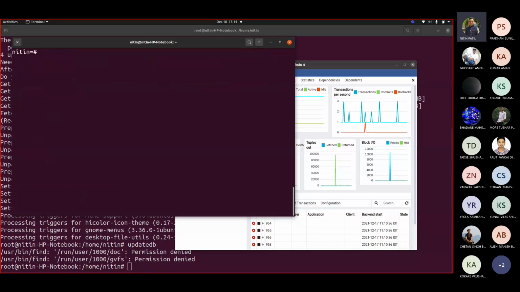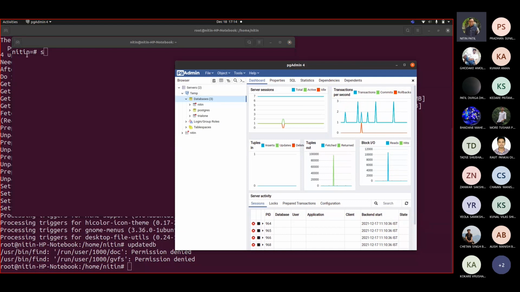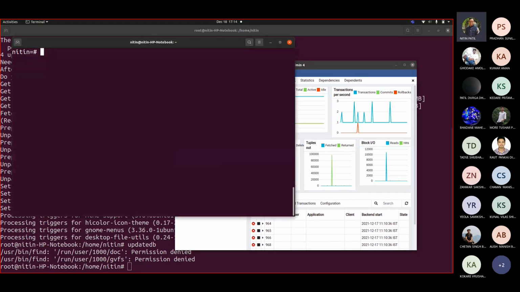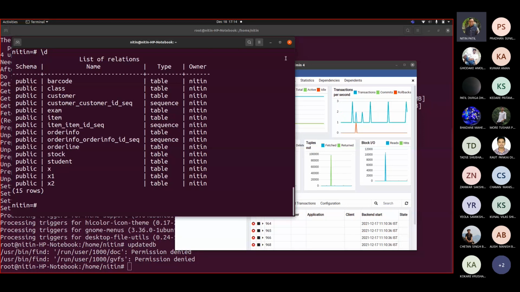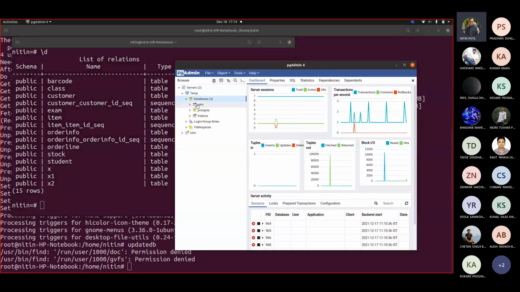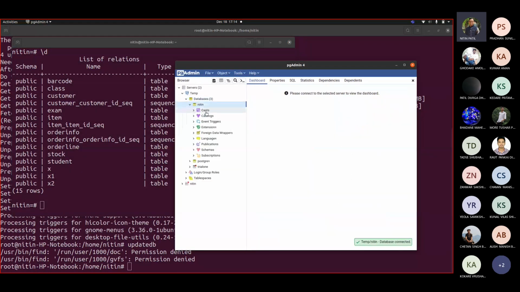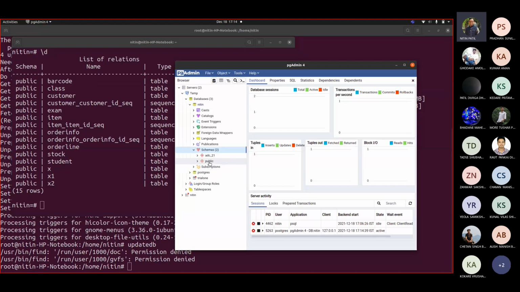Okay, we got this. Now suppose I go here and write \d, I do see relations. In this case, if I click on this Nitin, I would get this whole information. If I go to schemas, and now write public.